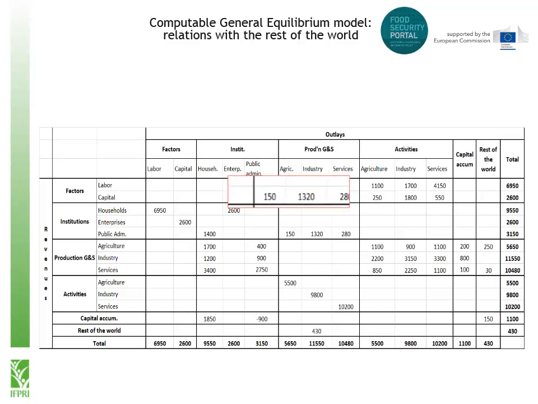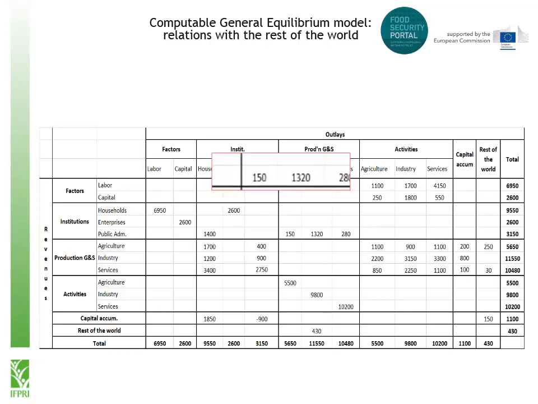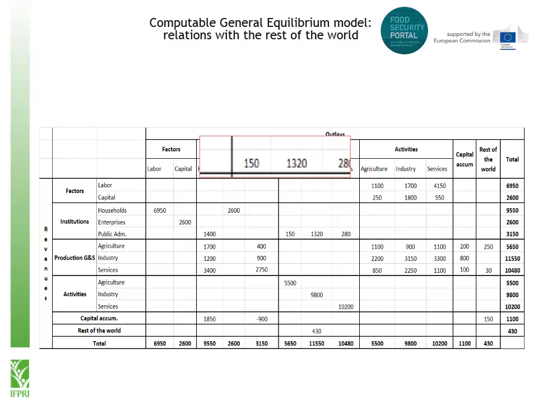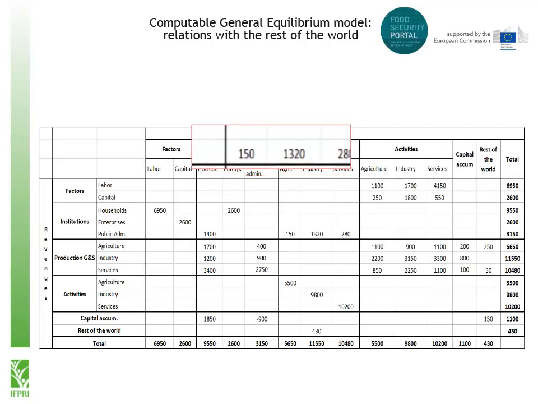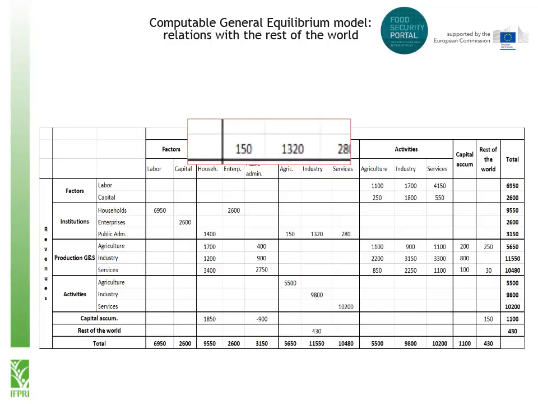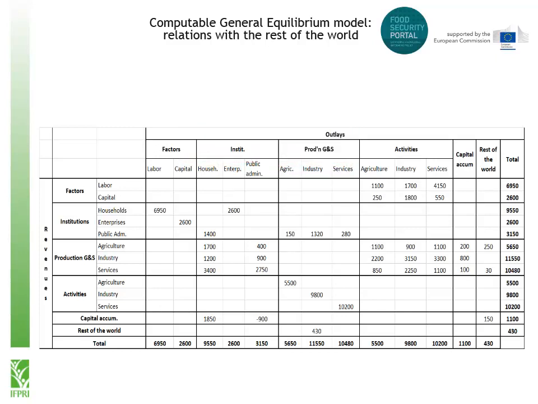And you have only imports in the industrial sector, so you've got only custom duties in the industrial sector for an amount of 300. So this is something that you have to keep in mind. There are custom revenues in the industrial sector for 300, and this is the only sector with custom revenue. Then you've got the intermediate consumption